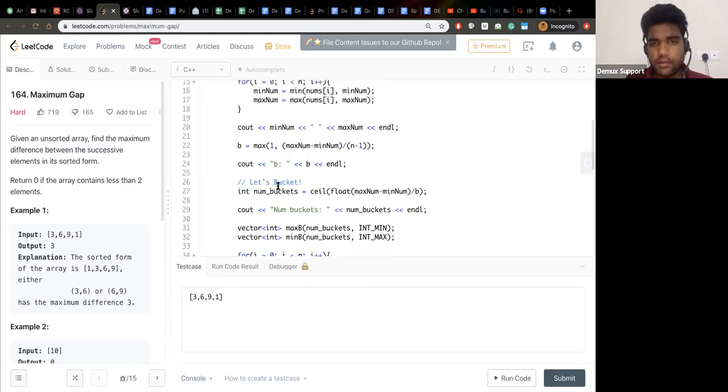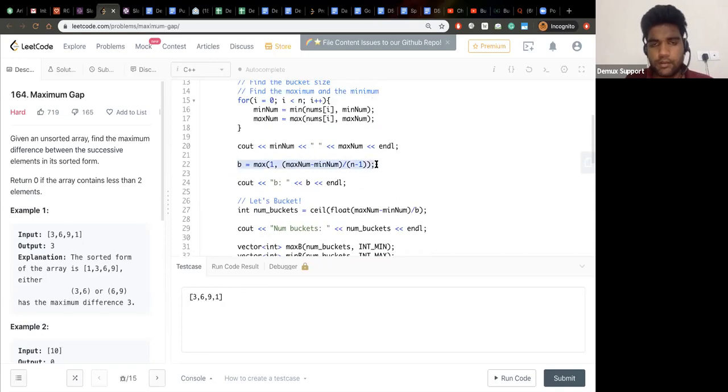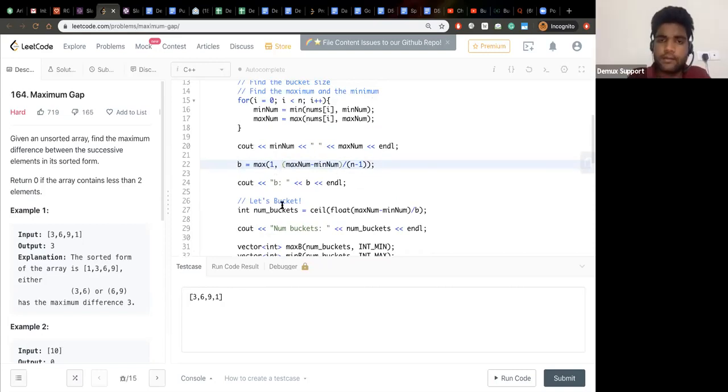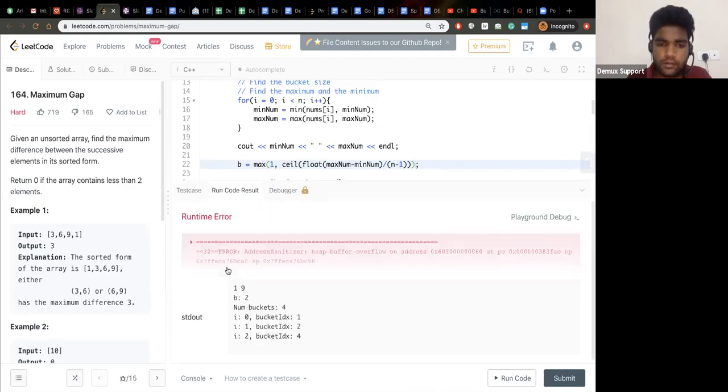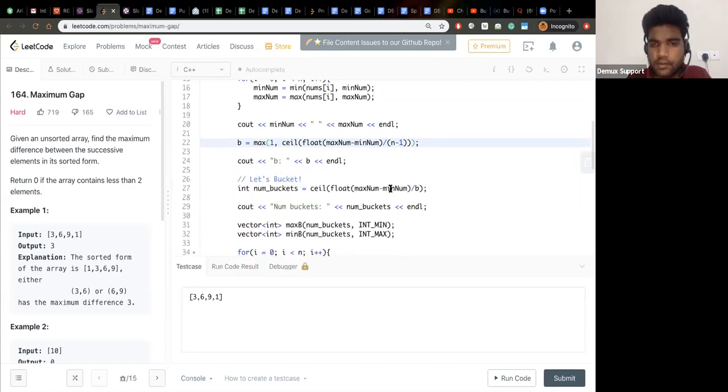That's the mistake. The bucket size calculation, this is wrong. This is wrong, basically. Will this be a ceil? What did I do? I did 8 by 4, which is 2. So this number